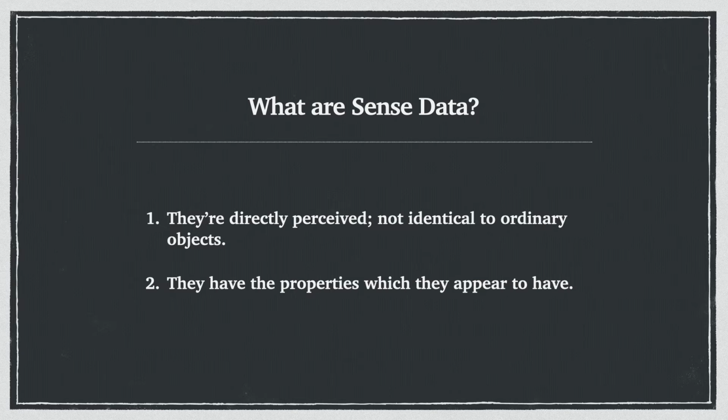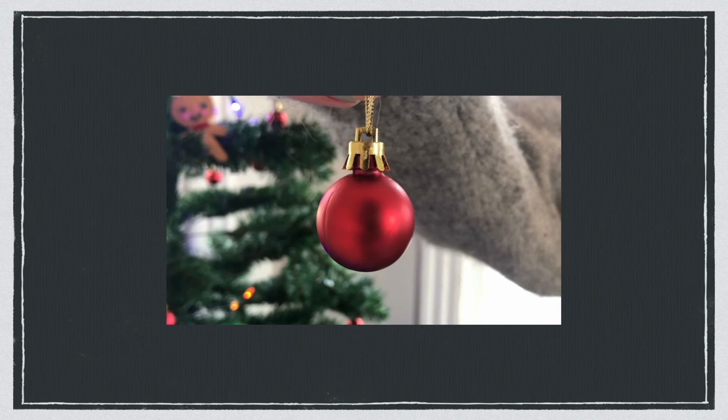That is, if you have a perceptual experience of X, e.g. redness, squareness, roughness, shrillness, then there's a sense datum you're perceiving that really is X. There's a sense datum that is red, or square, or rough, or shrill. Take a look at our bauble again. On Russell's view, you're all currently seeing a sense datum which is red and a sense datum that's circular.